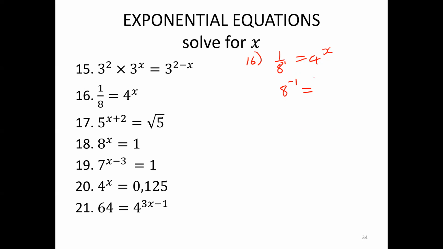On the right-hand side, I'll just leave it as it is for now. Now I'm changing bases. I'm simplifying bases on each side. What is 8 to the simplest exponential form? 8 is 2 to the exponent of 3. What is 4 to the simplest exponential form? It is 2 to the exponent of 2. Now multiply the exponents. On the left-hand side, you will have